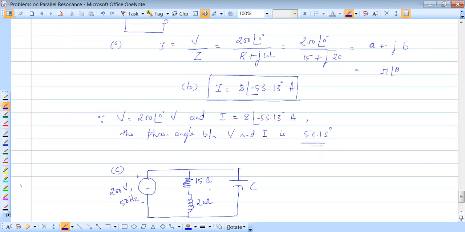So now, can you give me the value of C? You can do it the way we did earlier, or you can simply go with one equation. What type of circuit is this is what you need to look at. Now it's less than a minute, so we will stop. We'll take the same problem in the next class. I request everybody to try to find this C yourself. Anyway, we'll be taking that up in the next class.